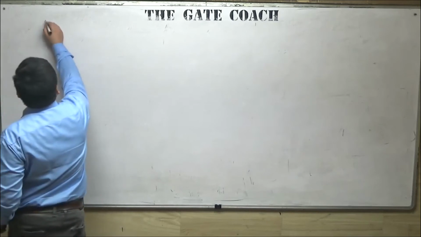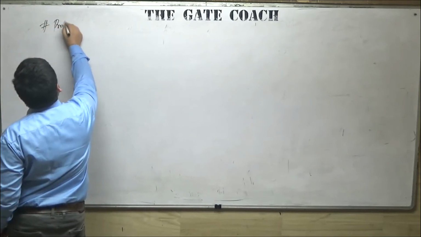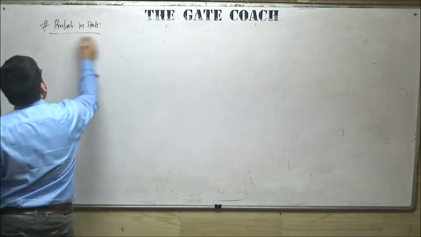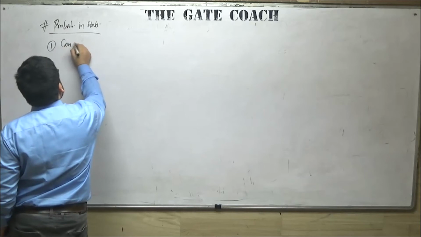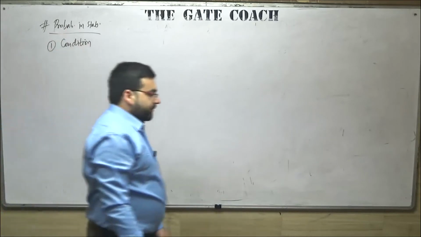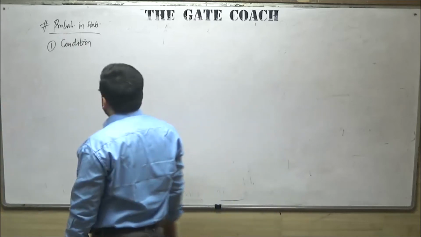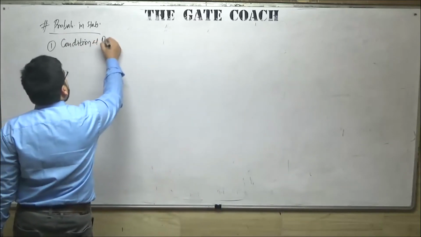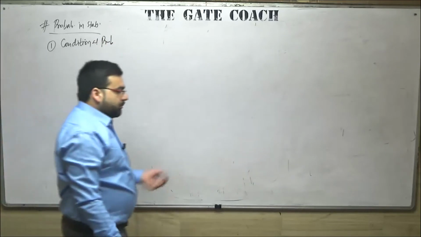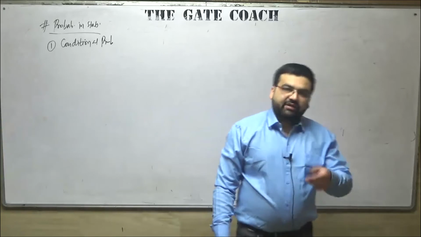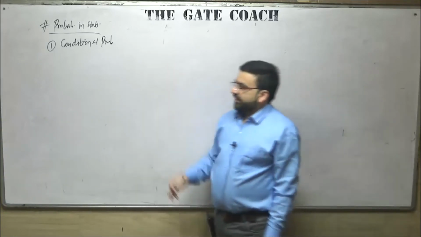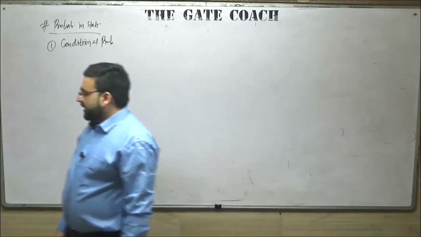After this, the last chapter, we started with probability and stats. In probability, first of all, we discussed conditional probability. Before conditional probability, we discussed the sample space, random variable, all these things, right? We solved some questions on conditional probability. Now, what is conditional probability? The probability of any event if some other event has already occurred, then what is the probability of that event? That we discussed in conditional probability.